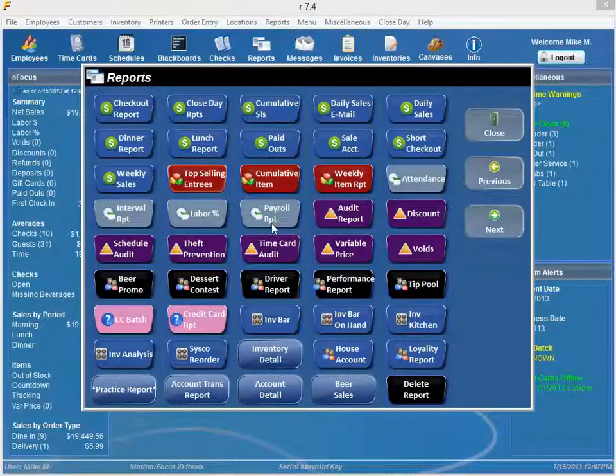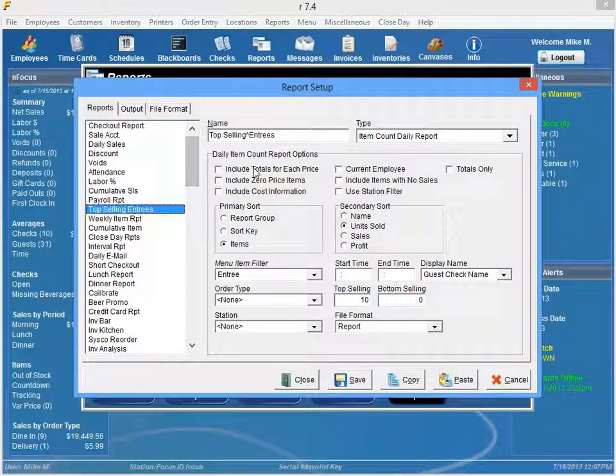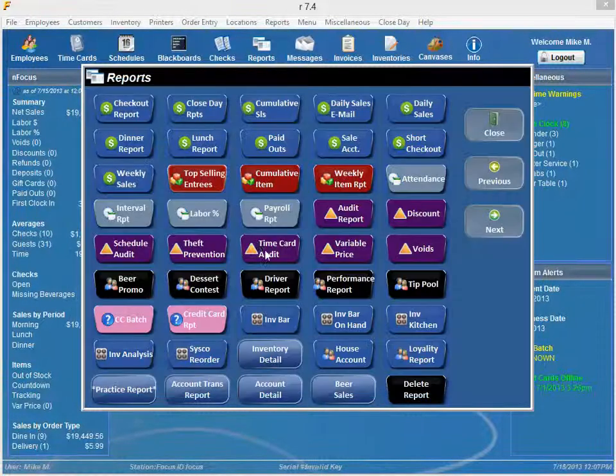Let's go ahead and do a couple different things. By right clicking on this report, it will take me right back into the setup, and I'm going to rename this Bottom Selling Entrees. I have my primary sort set to items, and I'm going to get rid of the top selling items, and I just want to find out what my 2 bottom selling items are. If I go ahead and hit save and close,